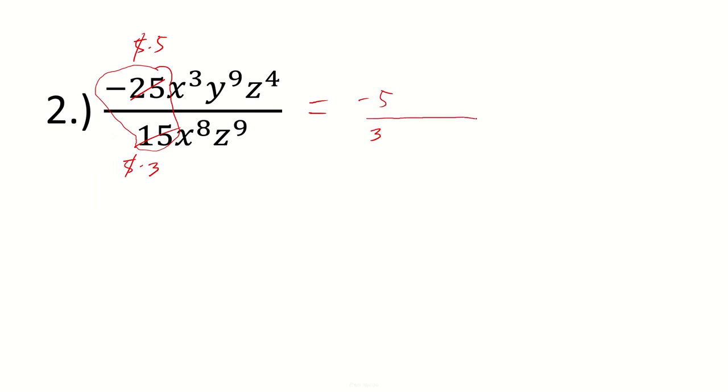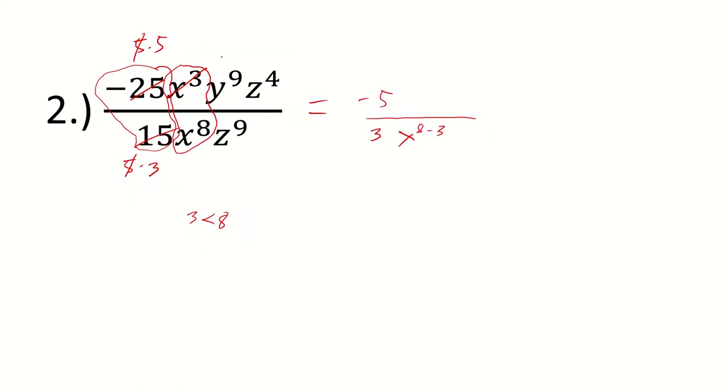Then, sunod naman, punta tayo sa ating x. Yung mga may base na x. It's x cubed divided by x to the power of 8. So, don't forget, yung fraction bar natin is division yan. Si 3 is less than an 8. So, ibig sabihin, case 2. Lagay natin si x sa baba, makakancel out lahat ng nasa numerator. And 8 minus 3,